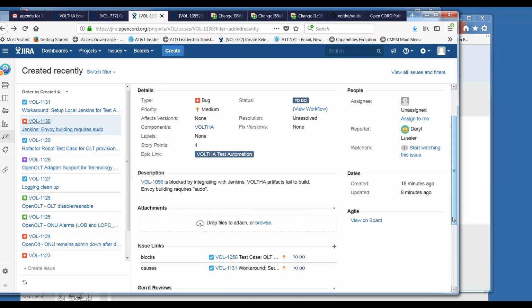I thought it was the Jenkins process. Is there a different process doing that? Is this the Docker image voltha/voltha-envoy? Yes. Yeah, that's built by Docker Cloud, so that's not by Jenkins. We have those configured for auto builds, so anytime the source is updated, the auto builds will kick off.